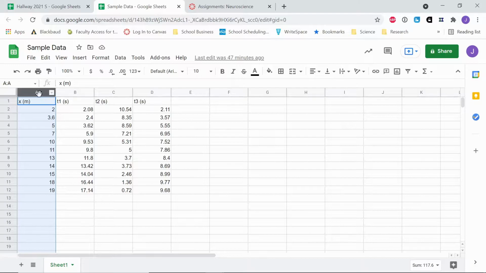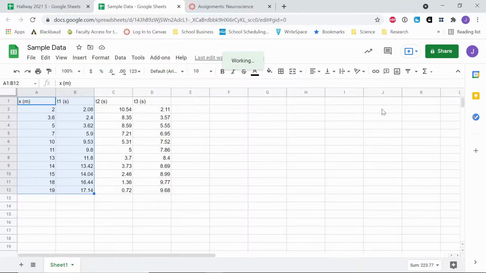Now, since what we really measured was the independent variable of position and the dependent variable of time, that would seem like we want to put x on the horizontal axis of our graph and time on the vertical. However, in physics, sometimes we put things on axes where the outcome is the most meaningful. So we are going to put time on the horizontal axis and position on the vertical axis. But if I just do that by trying to graph